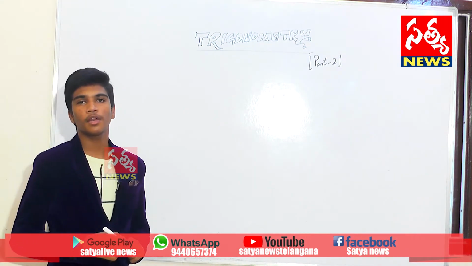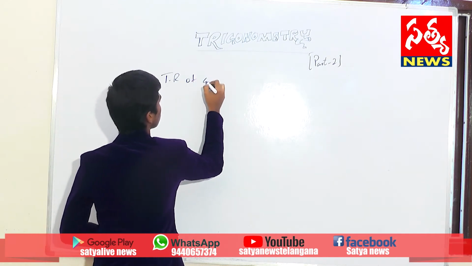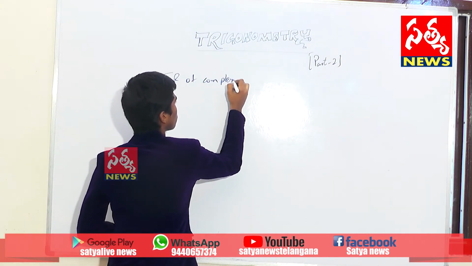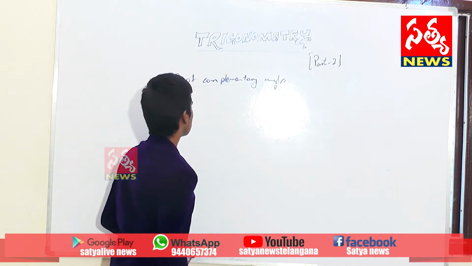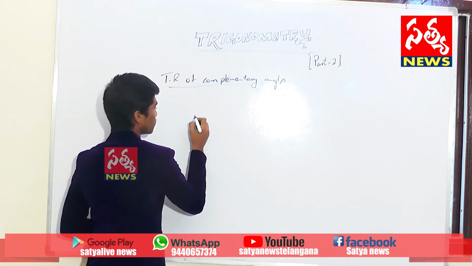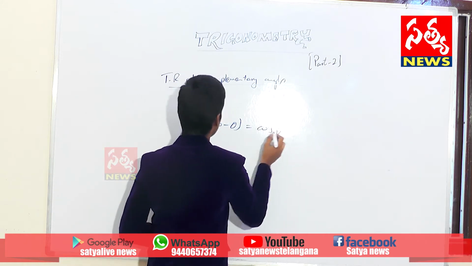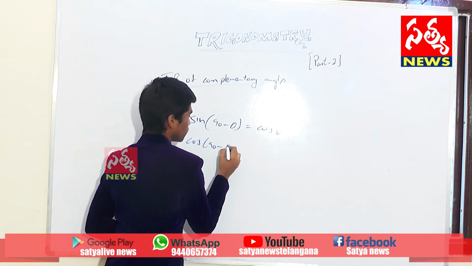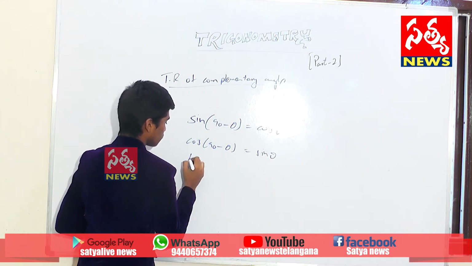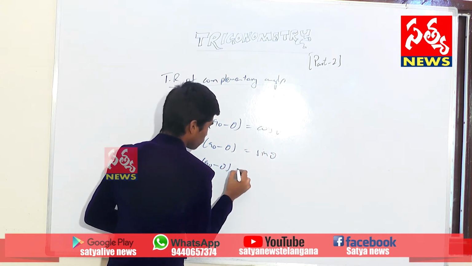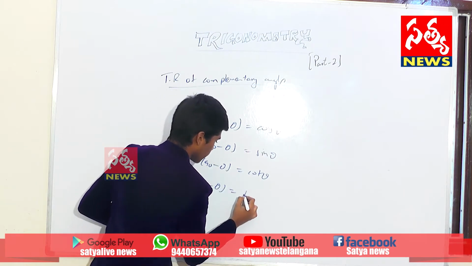Now we will discuss trigonometric ratios of complementary angles. These are sin 90 minus theta equals to cos theta, cos 90 minus theta is equals to sin theta, tan 90 minus theta is equals to cot theta, cot 90 minus theta is equals to tan theta,